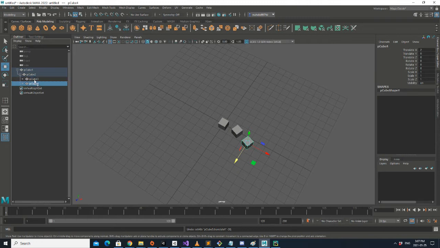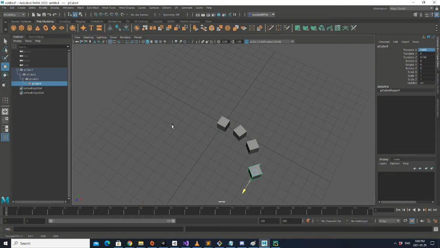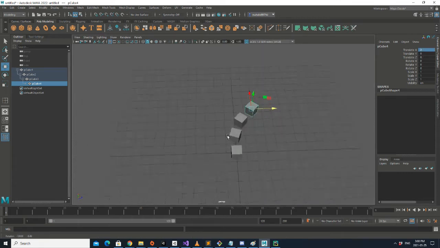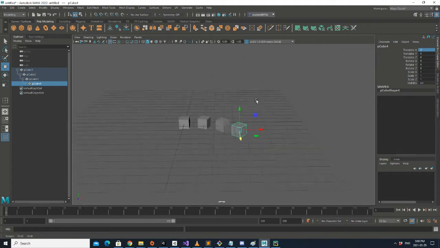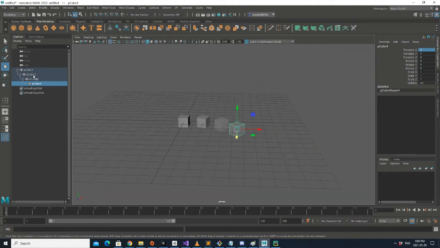First I should make p-cube 4 the child of p-cube 3, and make it -20 degrees, and then it would be 2. Sorry, I made this mistake again. It would be 2 here. So you will see that your objects start to position themselves in, for example, a curve direction, and this hierarchy and